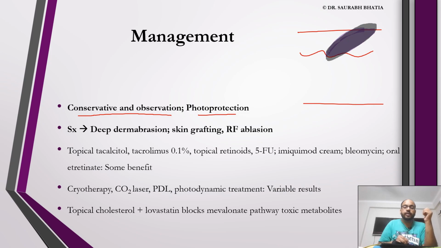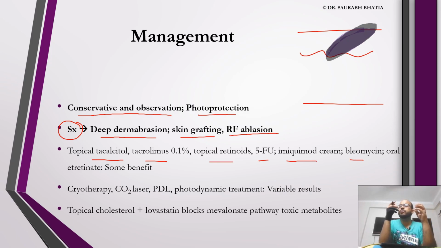The major modalities to treat porokeratosis right now are surgical. So you do deep dermabrasion to remove the cornoid lamella and then graft the area with skin grafting, especially when the center is atrophic, or you can use radiofrequency ablation to get rid of this cornoid lamella. Clear? Topical modalities like calcitriol, tacrolimus, retinoids, 5-FU, imiquimod cream, bleomycin have been tried, which have shown only some